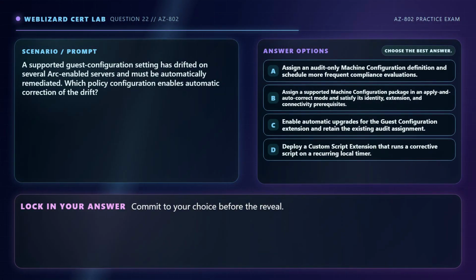Question 22 of 36. A supported guest configuration setting has drifted on several Arc-enabled servers and must be automatically remediated. Which policy configuration enables automatic correction of the drift? Option A. Assign an audit-only machine configuration definition and schedule more frequent compliance evaluations. Option B. Assign a supported machine configuration package in an apply and autocorrect mode and satisfy its identity, extension, and